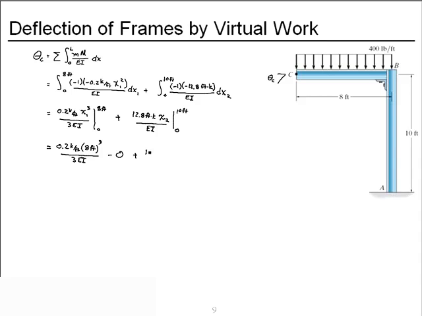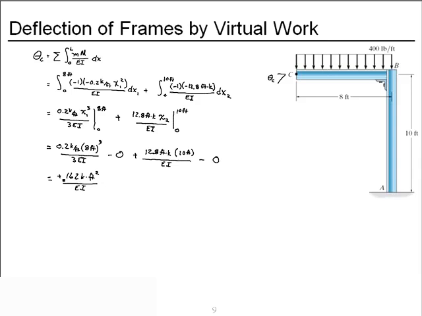We have our 12.8 kip-feet times the 10 feet over EI. Minus, we substitute in 0 and that whole term disappears. I put these all together and we get a plus 162 kip-feet squared. Kip-feet squared, kip-feet squared. Good, so we have consistent units